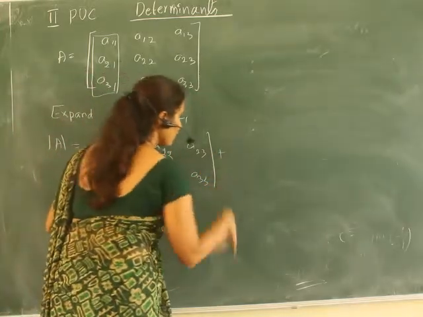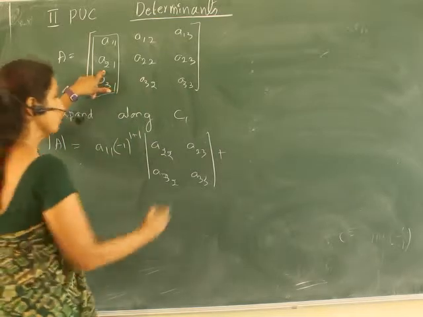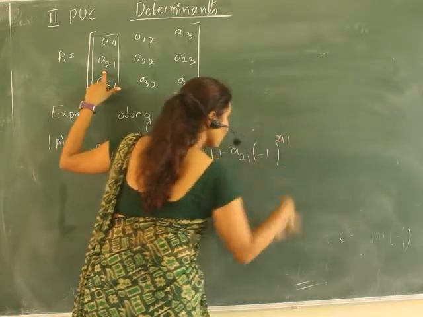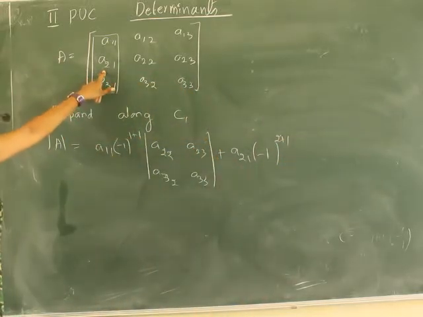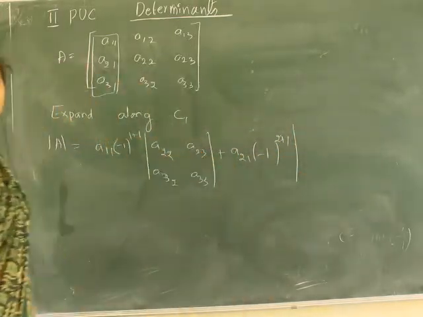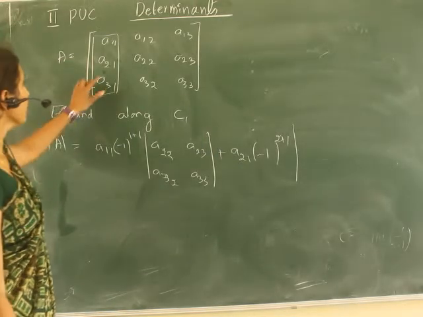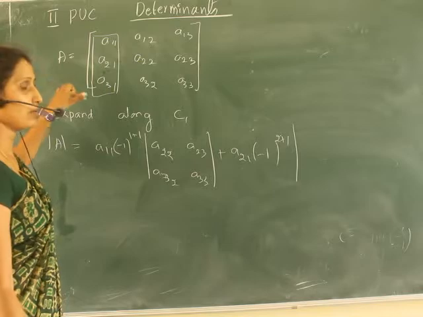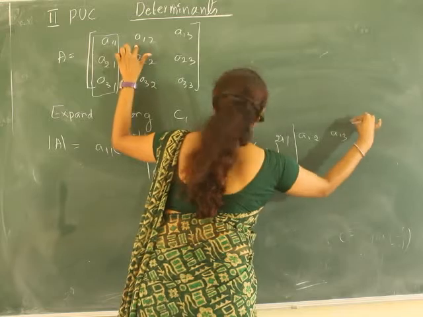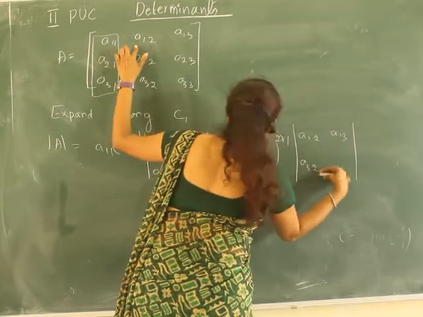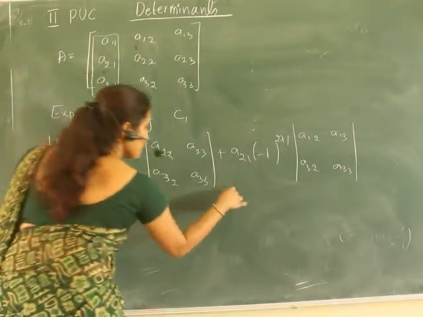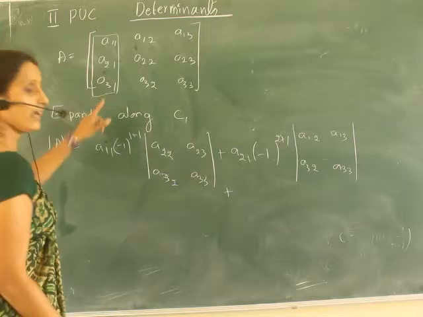Next plus, the next element is A21 into minus 1 to the power 2 plus 1, into the determinant obtained by deleting the second row and the first column. So what is remaining? A12, A13, A32, A33. Then after that plus, the next element is A31